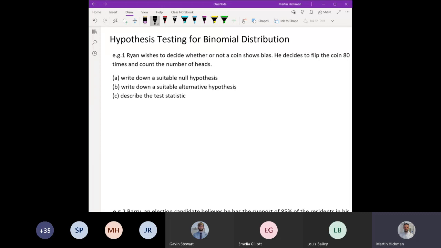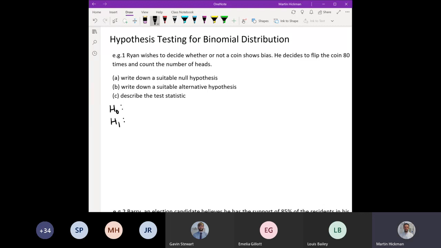So firstly, we've got Ryan wishes to test whether or not a coin shows bias. He decides to flip the coin 80 times and count the number of heads. Write down a suitable null hypothesis. So when we're writing down our hypotheses,